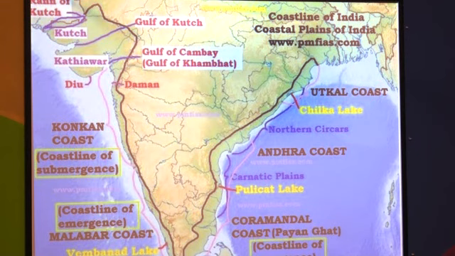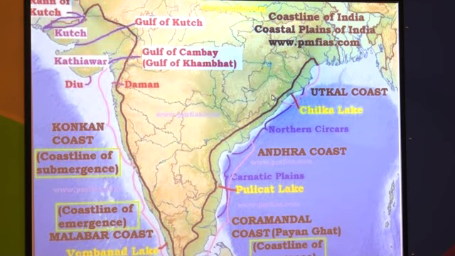See students, when we discuss the western coastal plain, here Diu, Daman, then Mumbai, Bangalore port, then Kochi, Panji port, these are part of the western coastal area. Konkan coast, here Kannada coast and the Malabar coast. And here on the eastern coastal part, the eastern coast is also divided into two sections. The northern part is called Northern Sarkars and the southern part is called Coromandel coast. See Coromandel coast and Northern Sarkars.